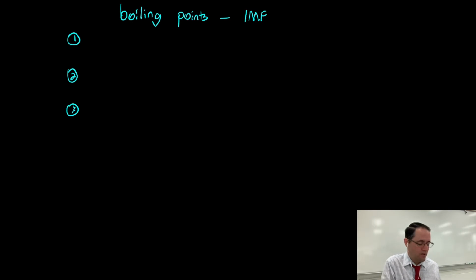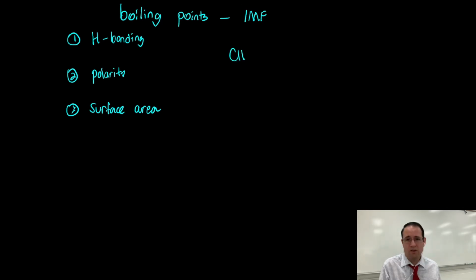So let's talk about boiling points. Boiling points of compounds are always going to be dominated by the intermolecular forces exhibited by that compound, which means you want to look for the 3 main things and go in order. The first factor is always going to be hydrogen bonding. The second factor is going to be polarity. And the third factor is going to be surface area, which relates to the London dispersion forces. So when we look at compounds like this,